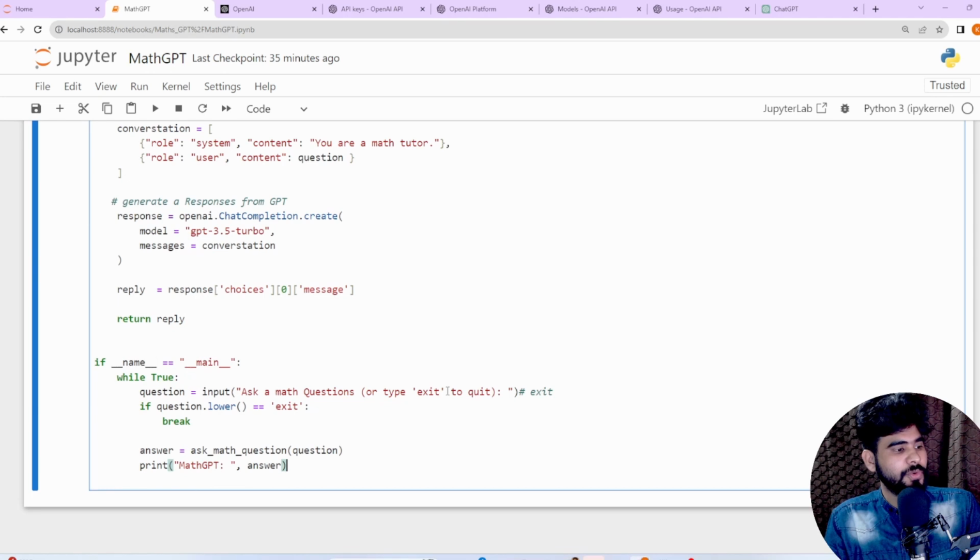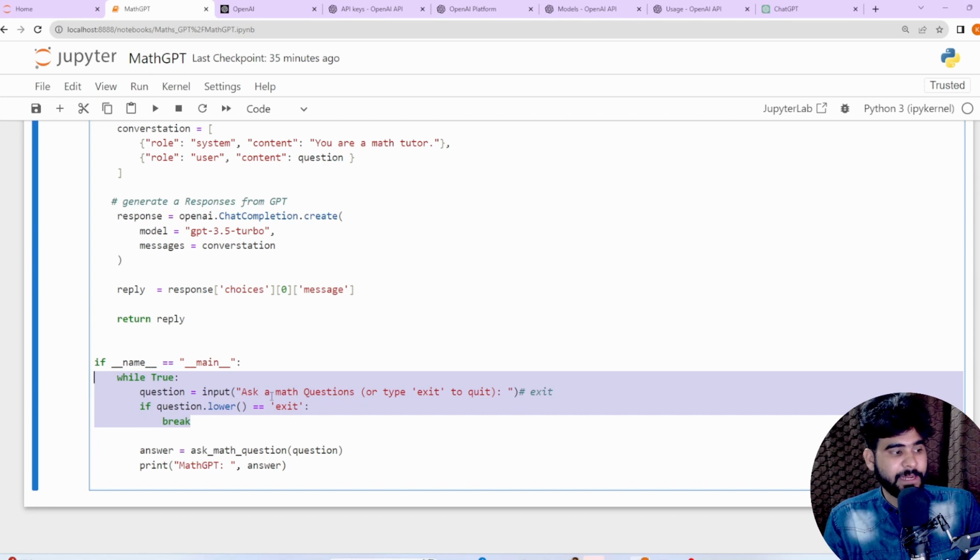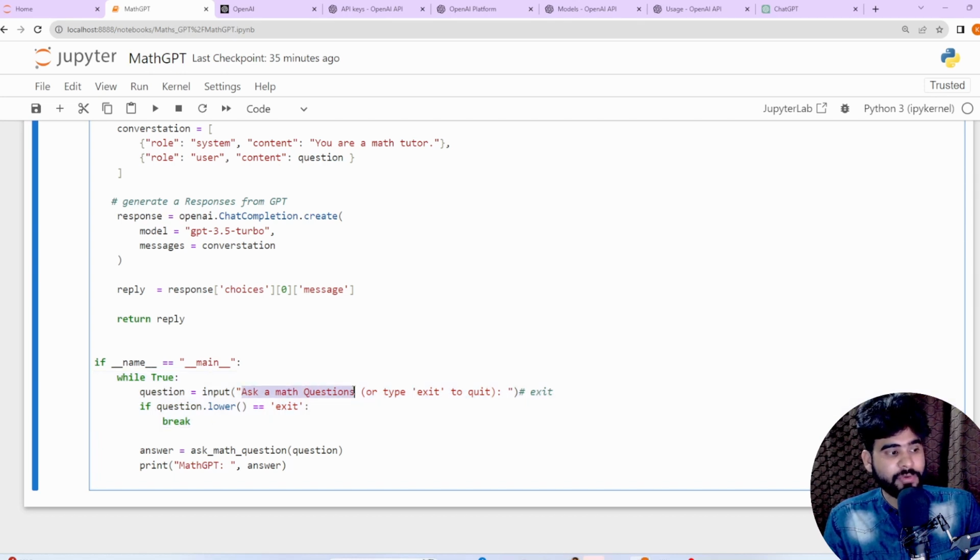So now what I'm going to do here, as you can see, we have added our complete entry point. We are going to call a while loop. So while True, it means that our user will enter some questions, or they will type exit to quit. Okay, so whenever question.lower equals exit, in this case our complete loop will break. Whenever our user asks some questions, this particular function will get called, and based upon this function we will get our complete responses. Okay, so this is our complete application that we have.